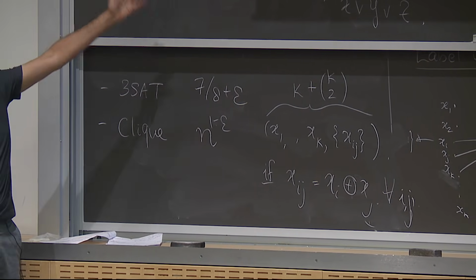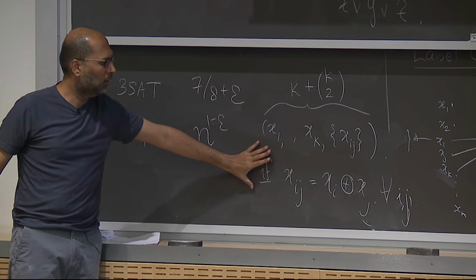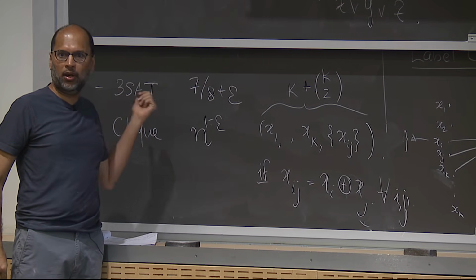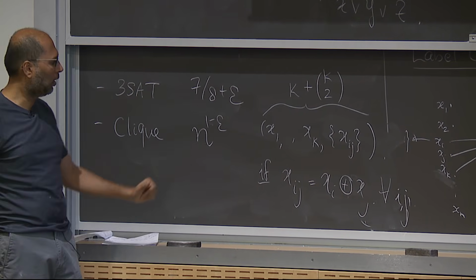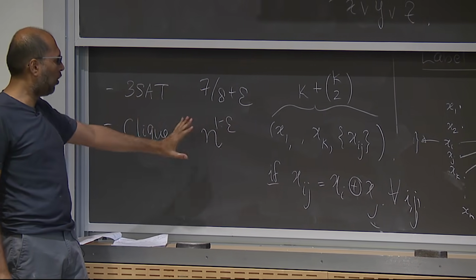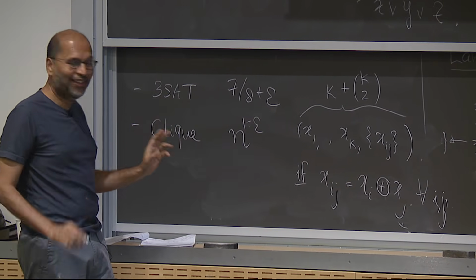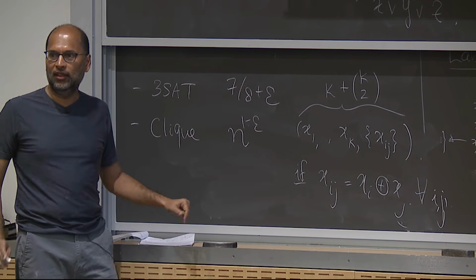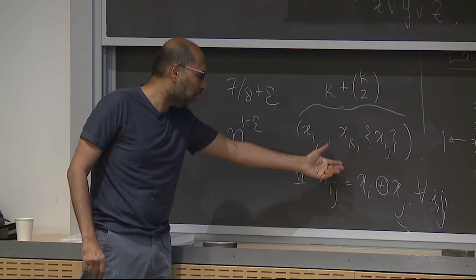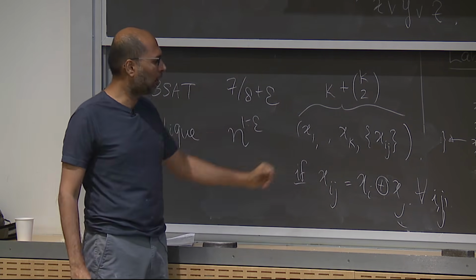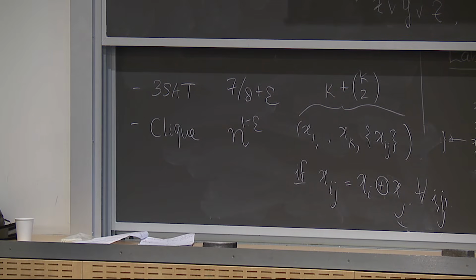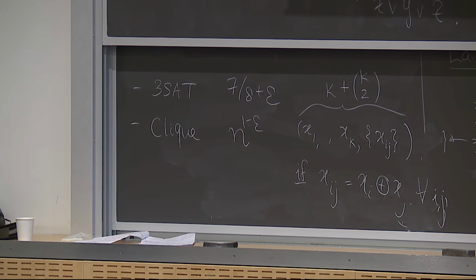And using this framework, you can prove an optimal result for this CSP, and then that implies a result for the clique. Håstad's original proof was elementary, but extremely difficult. This proof is clean, and this one is by Sudan, Trevisan, and Samorodnitsky, Trevisan. Luca Trevisan, God bless his soul. So you can do this for clique.